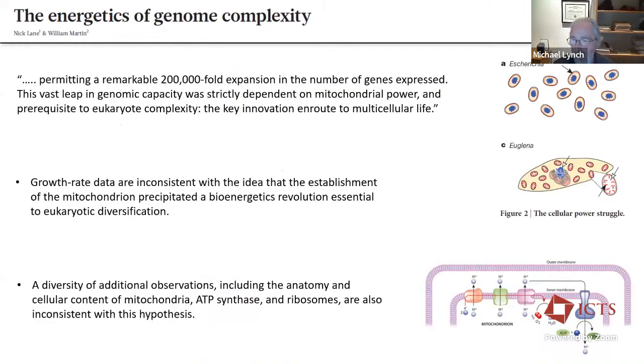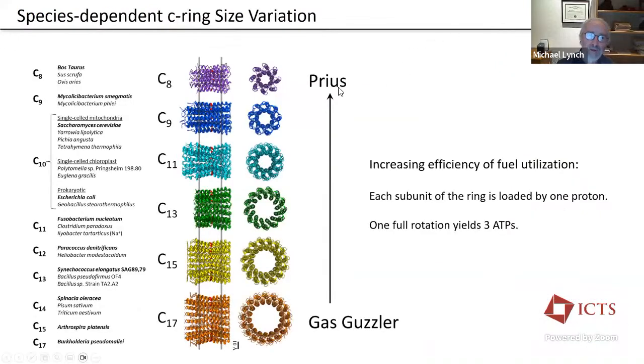So just to back up, again, ATP synthase is this really complex molecule that sits in the inner membrane of a plasma membrane or of a mitochondrial membrane. And there's this ring up here called the C ring. And it's through that ring that hydrogen ions pass. And what's interesting is that the C ring is what we would call a homomeric ring. So there's multiple proteins that make these rings like this.